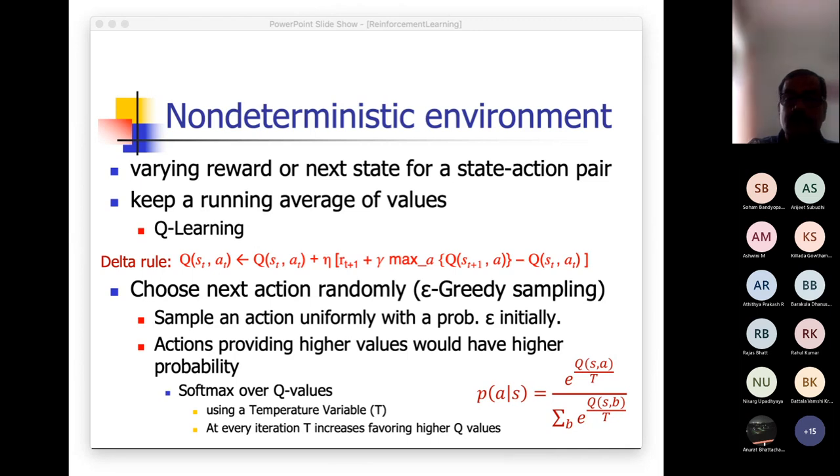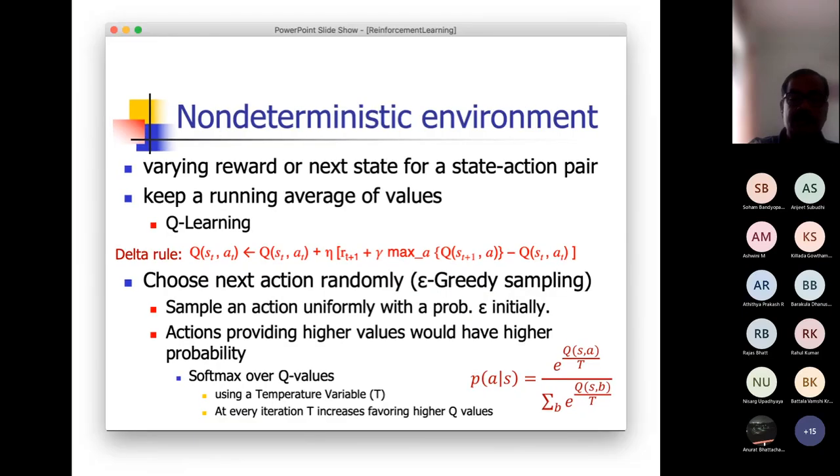Yeah, I was wrong in this slide. T should decrease. T should decrease, favoring higher values, right? So it should be a decreasing value. Because if T is very high, it means uniform probability, right? So every iteration T would decrease and it will favor higher values, and you should stop